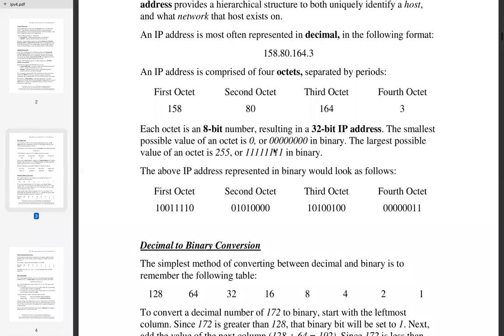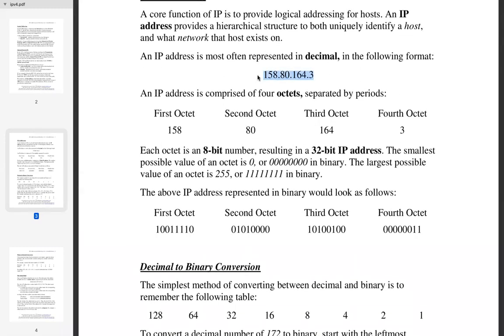Now let me take this particular IP address and explain it. Whenever you see an IP address, you should be able to draw its binary numbers. You should be able to work with that, and whenever you see a binary number, you should be able to convert it to an IP address. Now in this IP addressing, we have components comprised of 4 octets. Please write the key points down. 4 octets